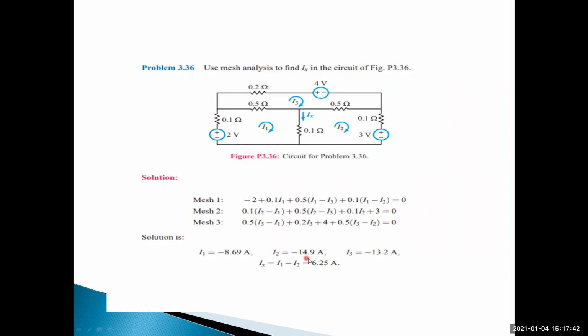Here I2 is equal to minus 14.9 and I1 is equal to minus 8.69. Then I1 minus I2 is equal to 6.29. That positive means downward direction. If it is negative, okay, opposite direction, we will get the opposite direction. So this is the problem regarding